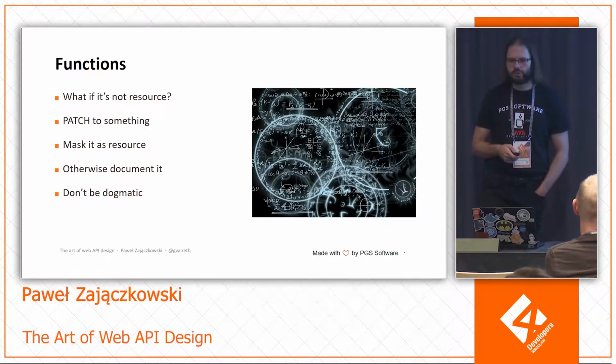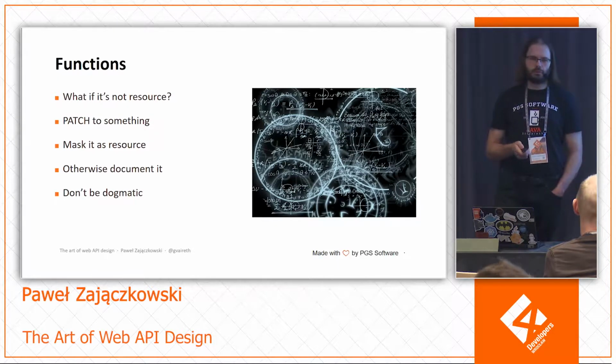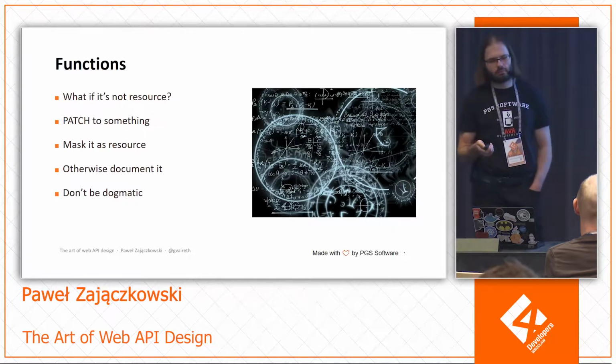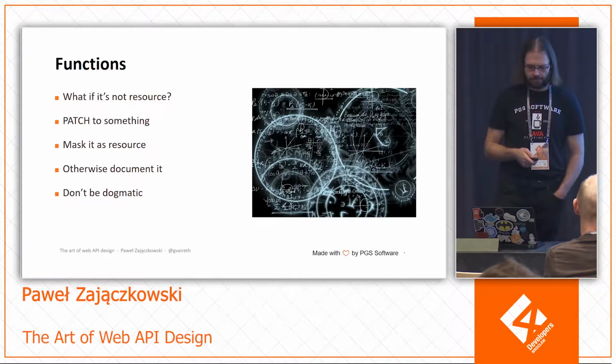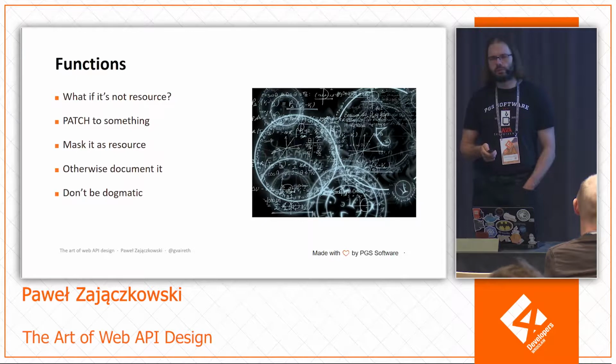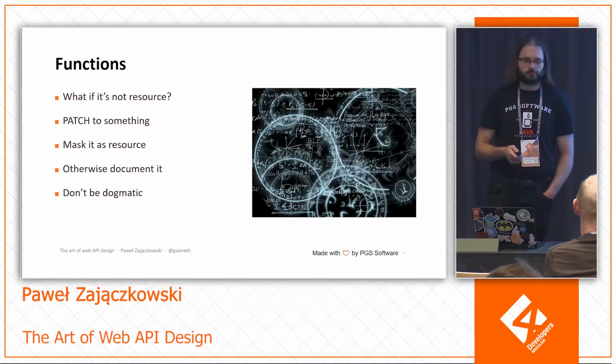And another approach is just to create a new resource, because performing a function often results in creating a resource. So now we can think of a resource called cancellation that is related to this booking, and that can have additional information, for example, the reason for cancelling or date or something like that. But in general, REST is not the only architecture. So if you think you have a case to break the rules, just break them. Be sure to document that properly.